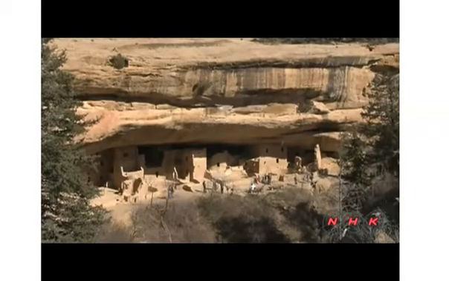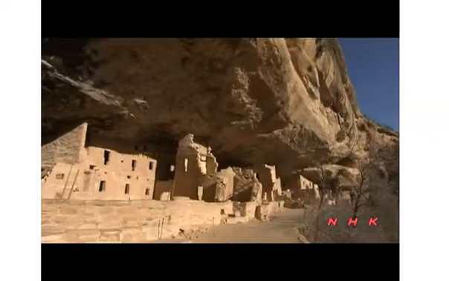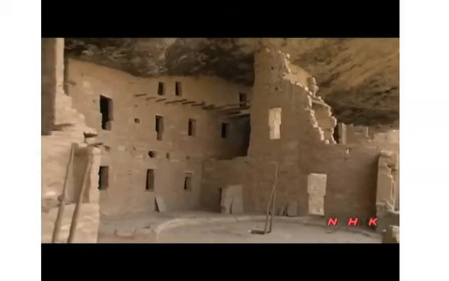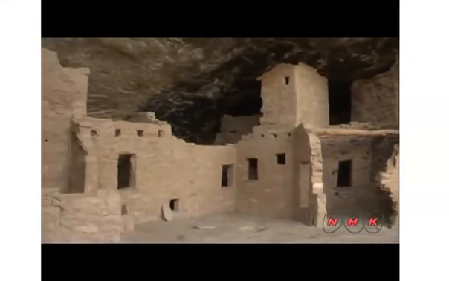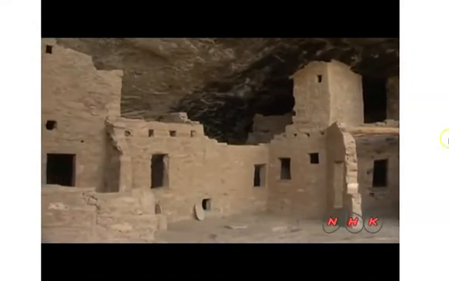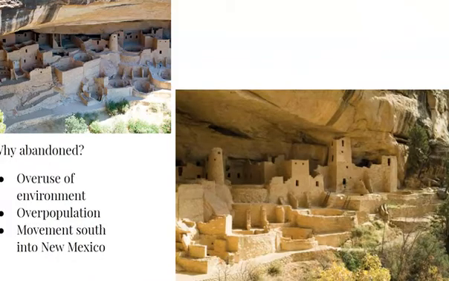And of course, naturally, it's not there now over time due to irrigation problems and maybe over-irrigation, maybe drought, climate change, things like that. We've seen that it was not so much suitable for farming anymore, but at one time it definitely was. So one of the big questions is, okay, well, why is it abandoned? And if you look up here in the top left, you can see that kiva, that central chamber that you could go down to for private rituals and kind of a community area of gathering.